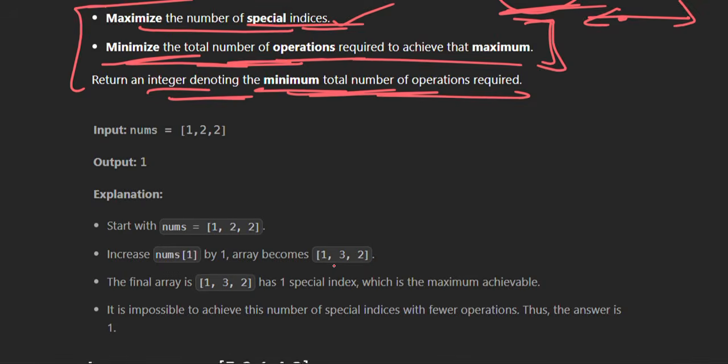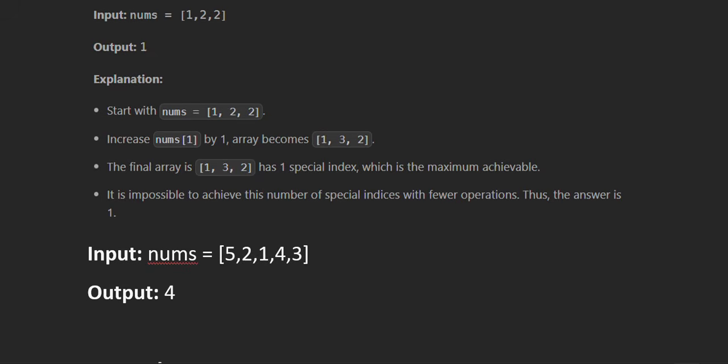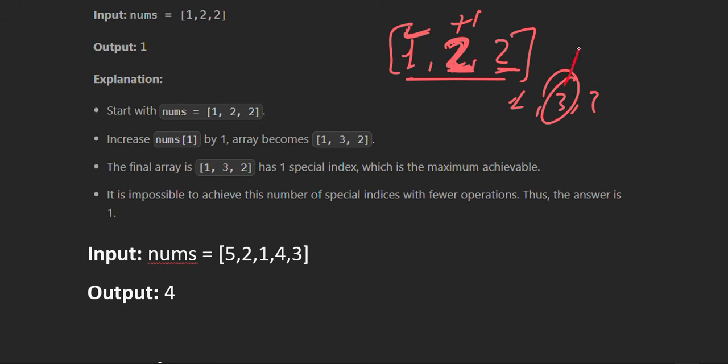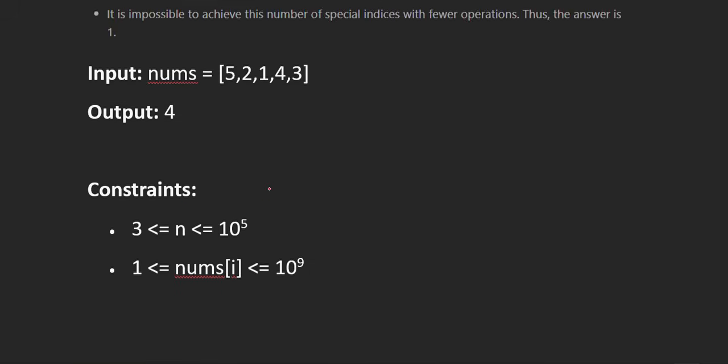So let's see some examples to get the question more clearly. In the first we have array 1, 2 and 2, right? And so we can only make this index the special index. It is already greater than the previous element, but it is equal to the next element. So if we increase it by 1, it will become 1, 3 and 2. Now this index is a special index, right? So the number of operations is 1. So let's move to the next